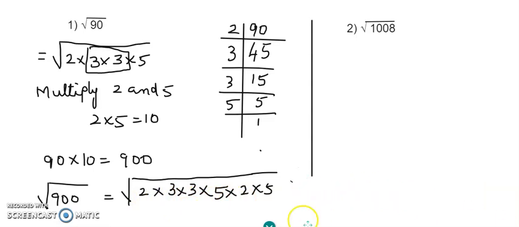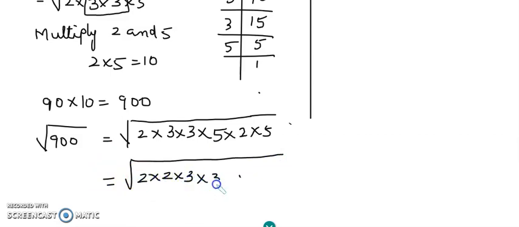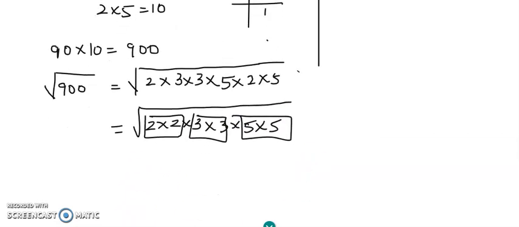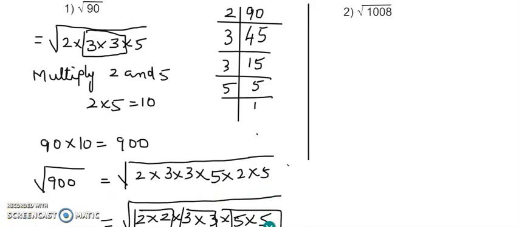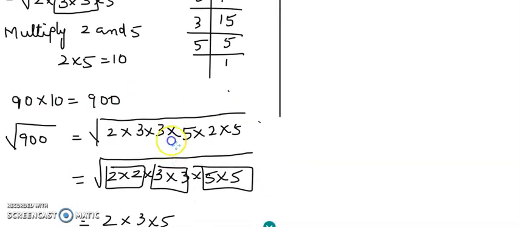So what is the rule for square root? We should have a pair of the numbers which are appearing inside the square root. So let's write the pairs: 2, 3, 5. Now we have the pairs, which is equal to 2 times 3 times 5, which is equal to 30. So the smallest number that we multiplied here to make it a perfect square is 10, right? Let's do the next question.